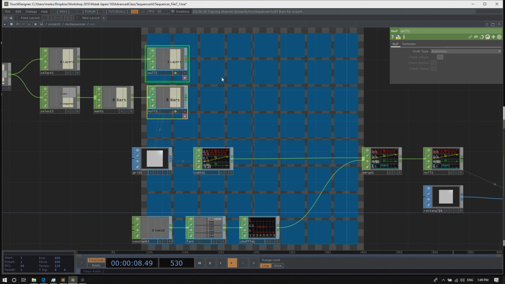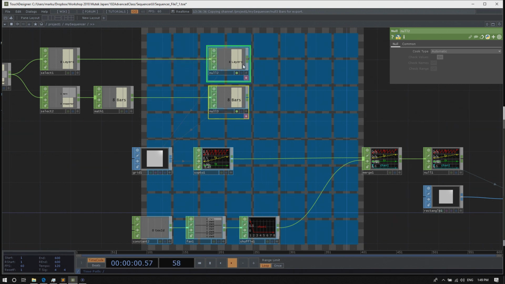The total number of rectangles is our rows, the layers CHOP, multiplied by our columns, the bars CHOP.